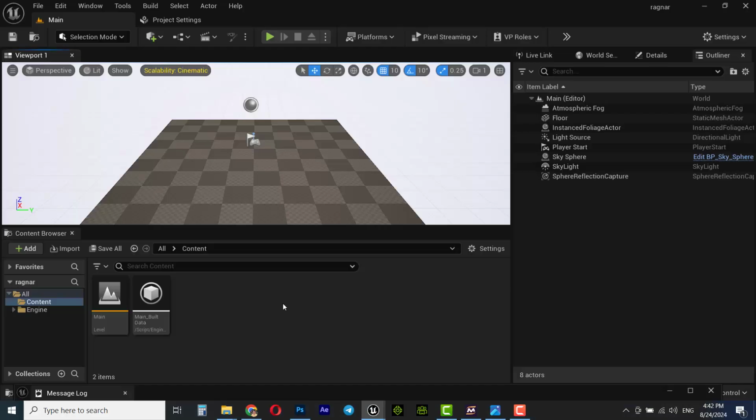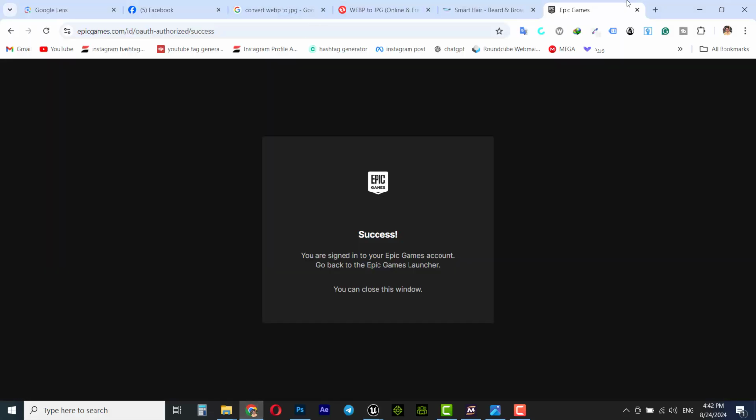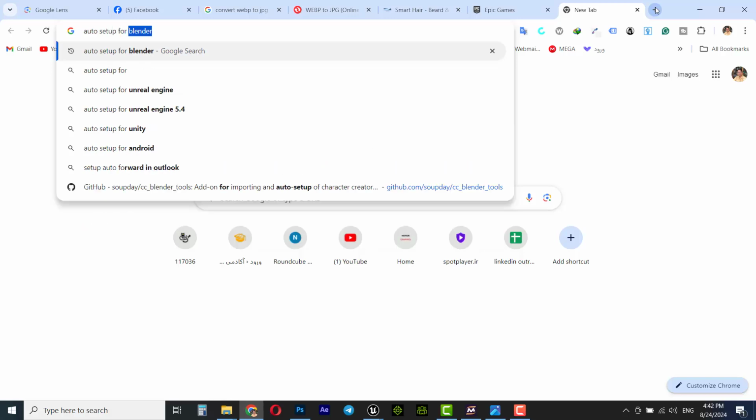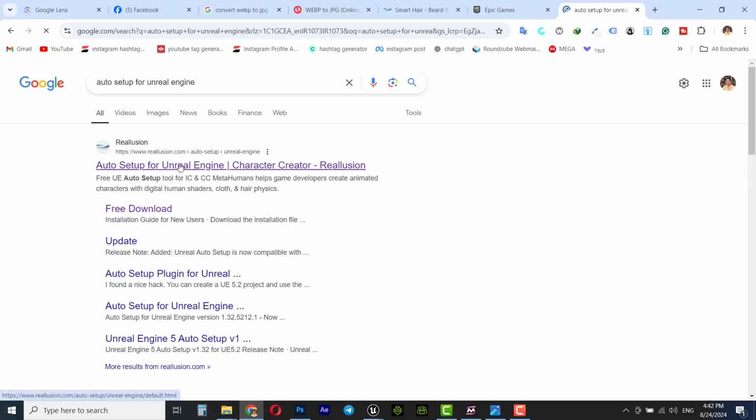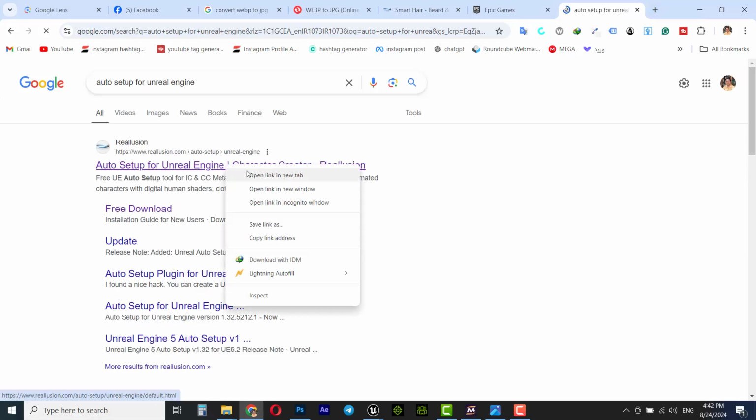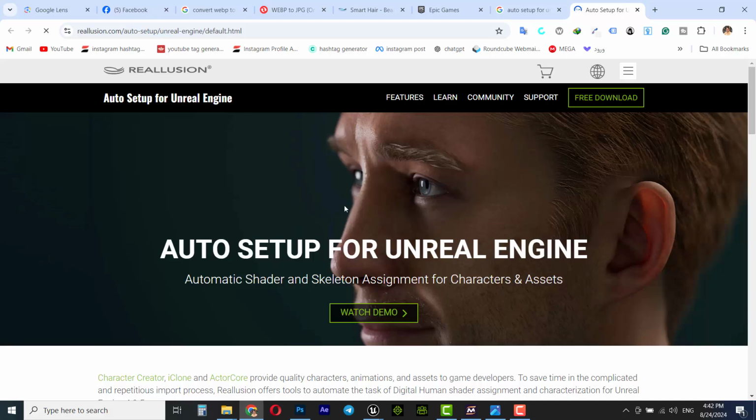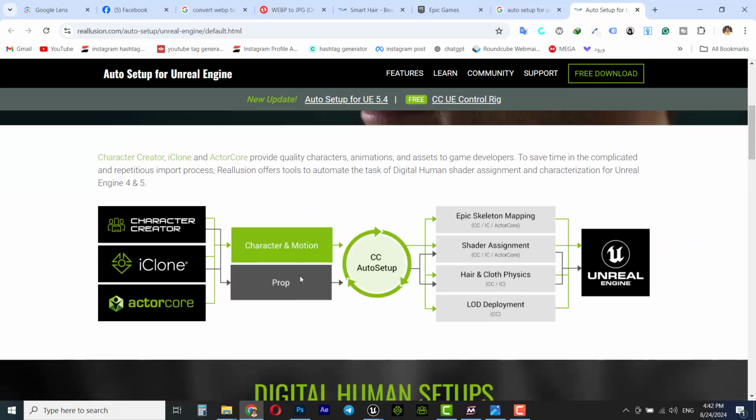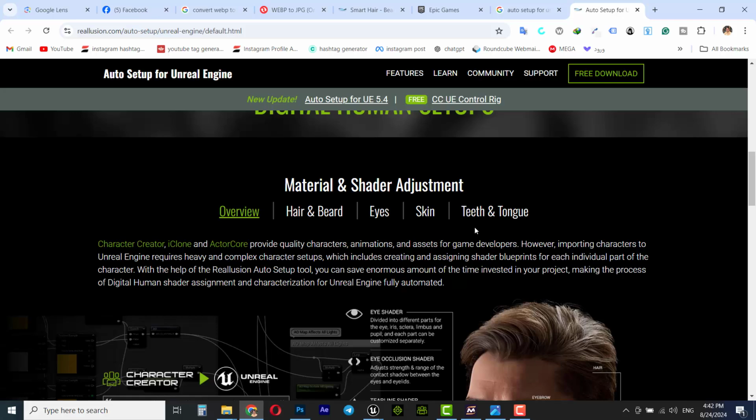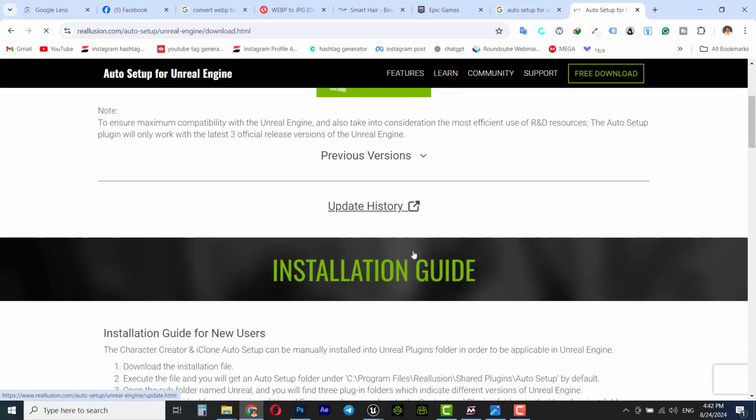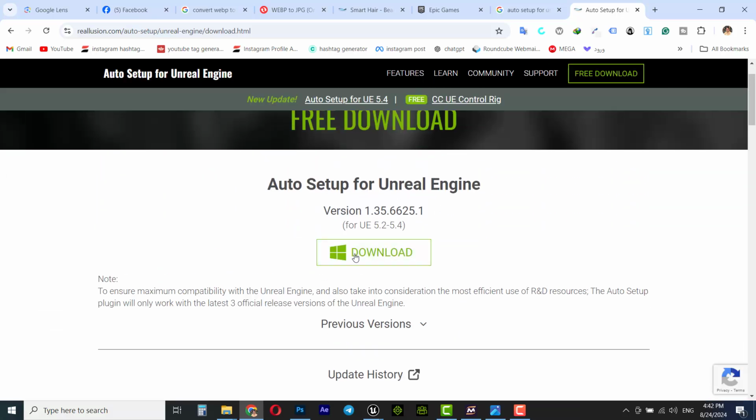Okay, before we import the Ragnar head to the Unreal Engine, we need to install the auto setup for Unreal. Just search auto setup for Unreal Engine and download it from the Reallusion website. It's a free plugin that you can install on an Unreal Engine project, and it automatically transfers the textures and everything to your Unreal Engine project. Just click on free download